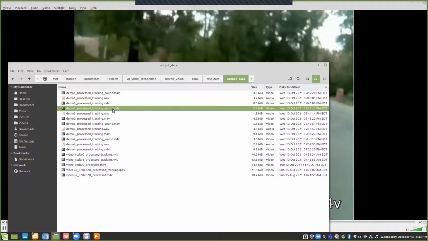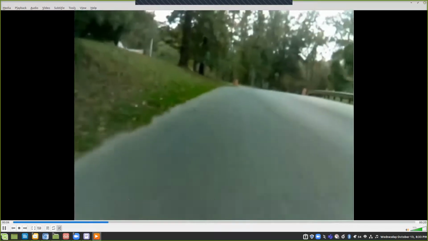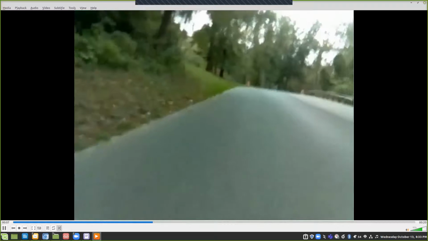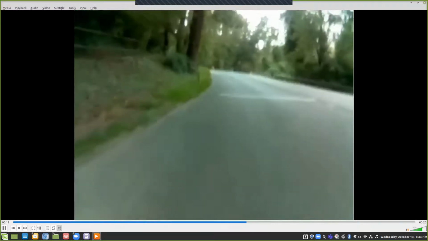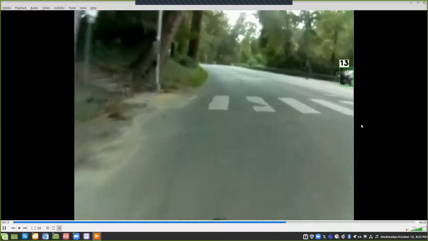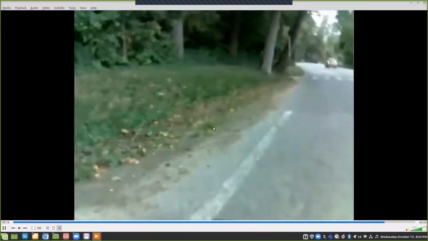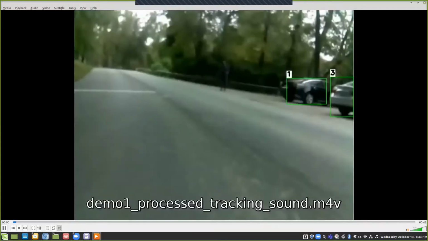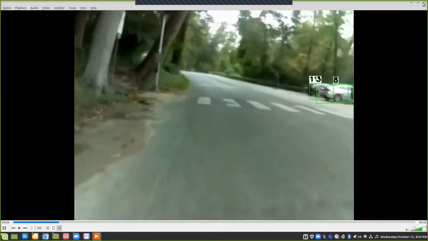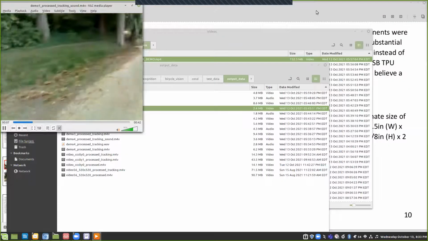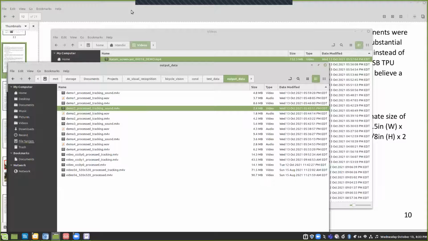Here's another one. This is just me riding again. In this case, there's no threatening situation. So you'll just see that it's not going to turn on any buzzer. There's Steve again. There's a car going the other way. I don't know why it started again. Okay. And then we got